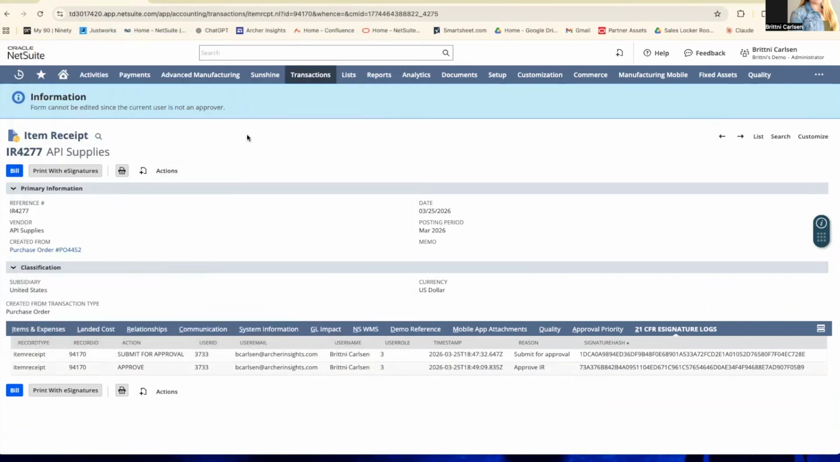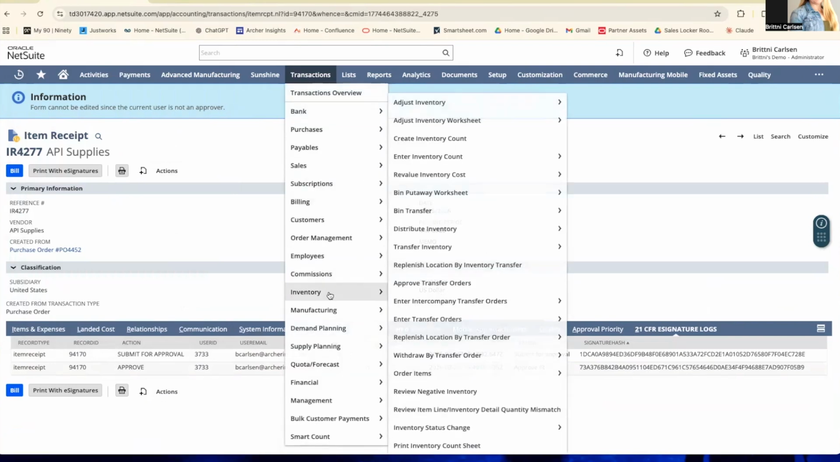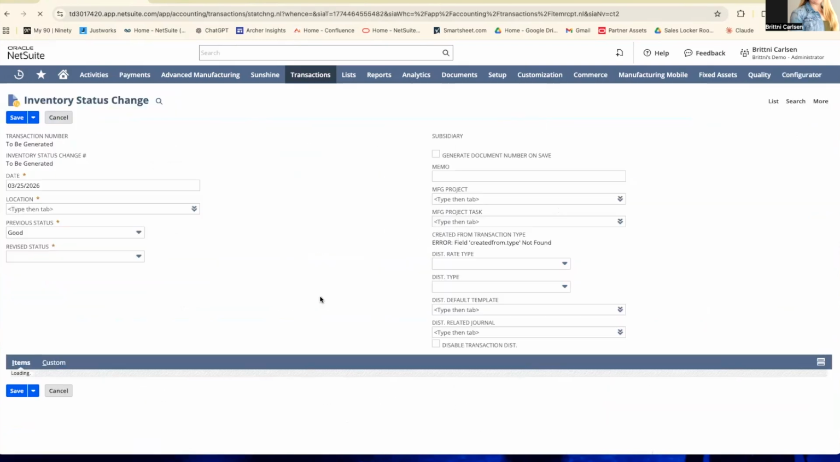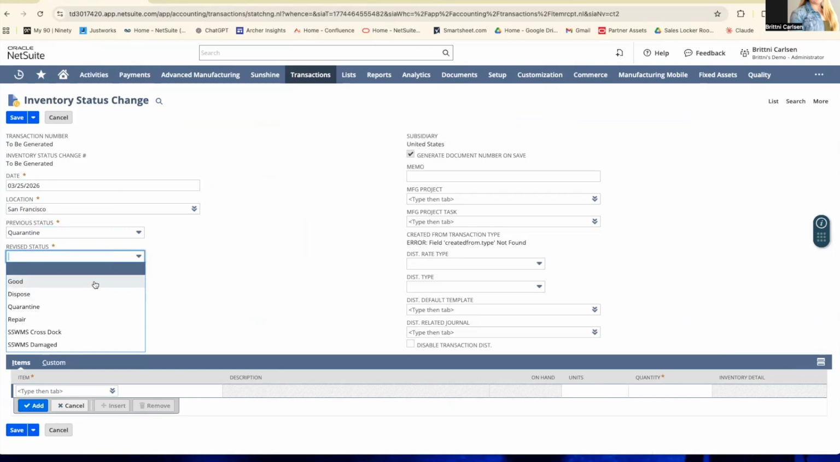Another record that you may be interested in having e-signatures on would be an inventory status change, which I will navigate to now. We are going to change the status of the items we just received on that item receipt from the status of quarantine to good and have e-signatures on this record as well. So I'm going to select our location of San Francisco, previous status of quarantine. Our revised status is going to be good. And then I will select our items